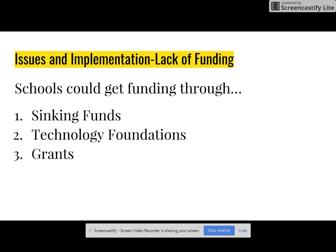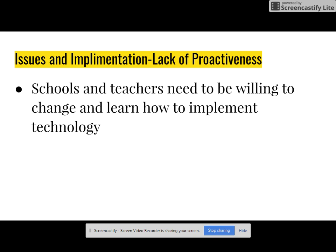A sinking fund is something that our school district is trying to do. This is looking at increasing taxes so we can actually buy technology. But again, that's looking at community support because this has to pass for it to actually happen. Or there are grants, which our school has been looking at, but it's not enough. You can't get enough grants to cover everything in technology. In terms of proactiveness, again, it's getting schools and teachers on board to actually change. The biggest thing is just how